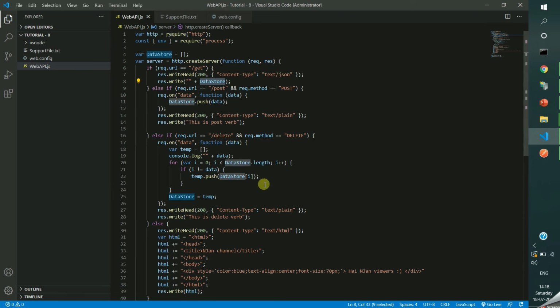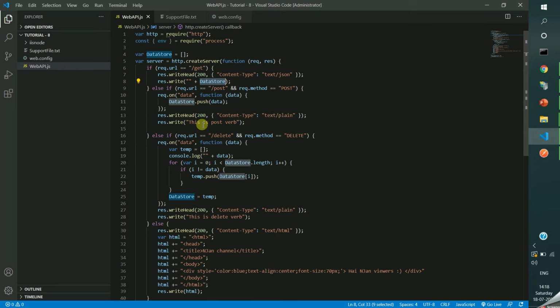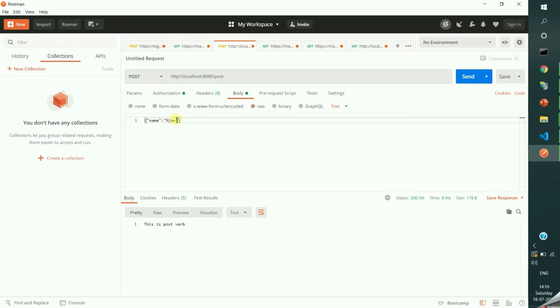Let me go through the code one more time. Actually here we have to specify post. That's the reason we are getting this is post verb. Okay, we got the output.